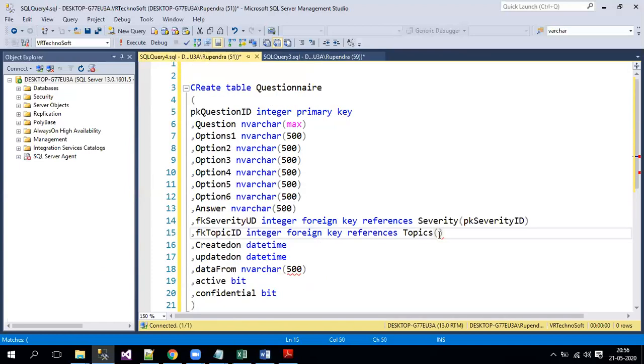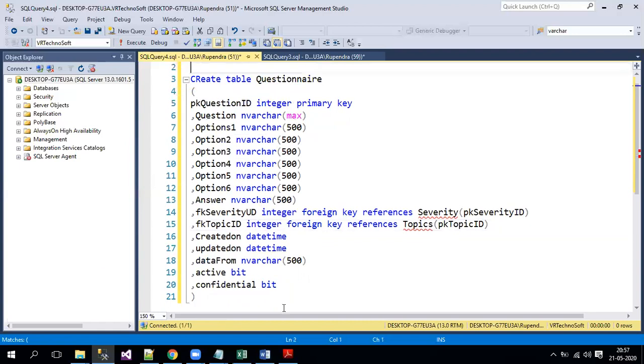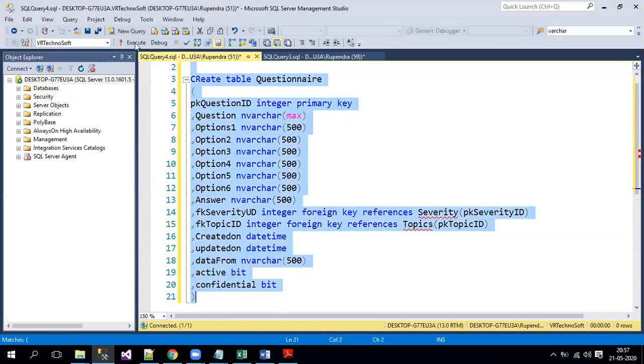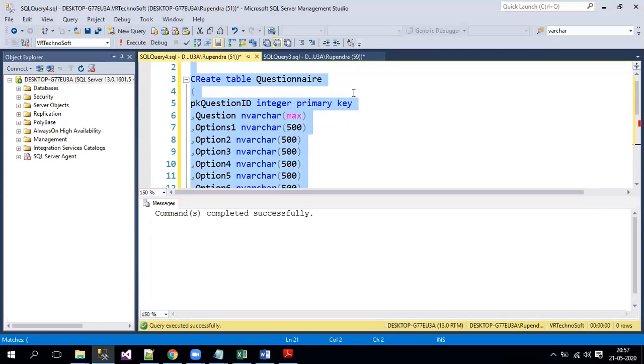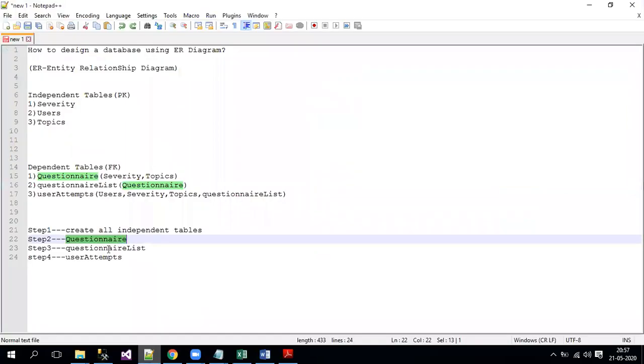I'll just mention it over here. Yeah, so this is how we give the primary foreign key relationship between the tables. Yeah, let's create it. Now it has been created. Yeah, so now the third step which we need to do is creating the questionnaire list.